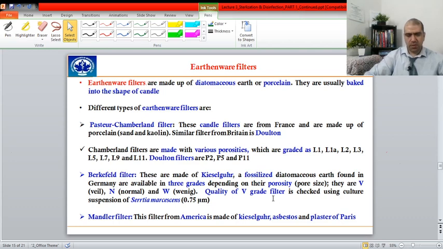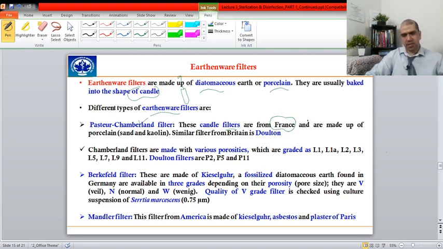One of them is earthenware filters. So what are these earthenware filters? Earthenware filters are made up of diatomaceous earth, or they are made of porcelain. They are usually baked into the shape of a candle. Different types of earthenware filters are like Pasteur's Chamberland filter, these candle filters,